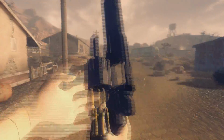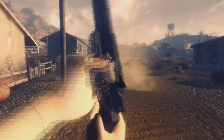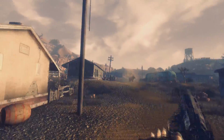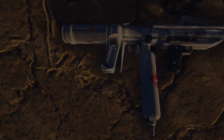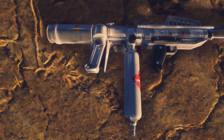Now it uses the basic Magnum reload animation that fits it as well, so there are no problems with animations whatsoever. In combat it was a little bit overpowered, it had no problem taking out any enemies I used it against. So yeah, it may be a little bit overpowered, but otherwise there is nothing bad about this weapon and I definitely recommend it. And the last Alien Isolation inspired weapon I'm gonna show you today is the Flamer, again